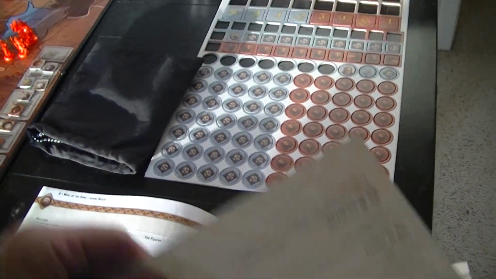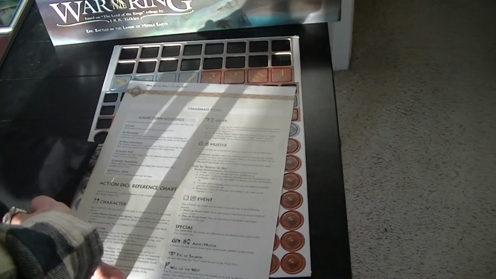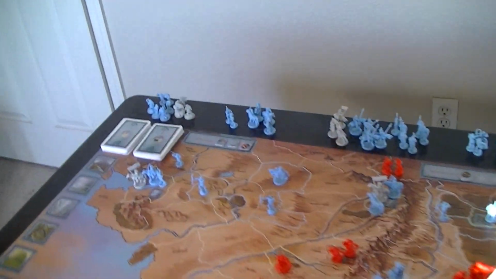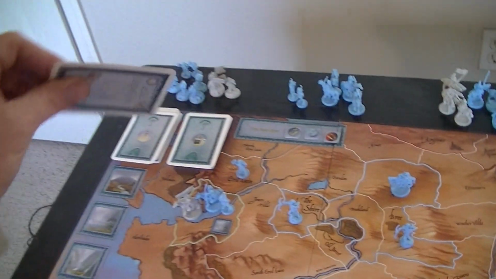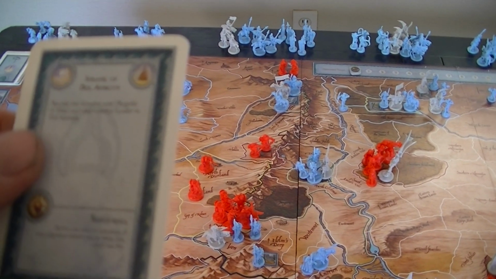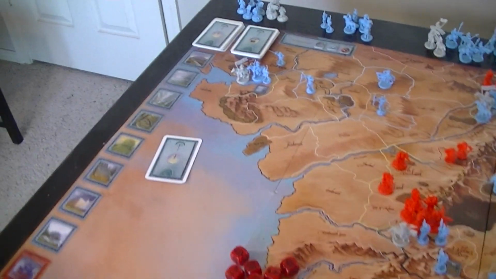Alright, do we have our sequence of play? We do. Excellent. So the first thing we do is we get our event cards. We'll take a look at these. First, the Fellowship, or Good Player, gets 2. Imrahil of Dol Amroth. A Gondor unit and a Gondor leader are recruited in Dol Amroth. I think you can do these without,